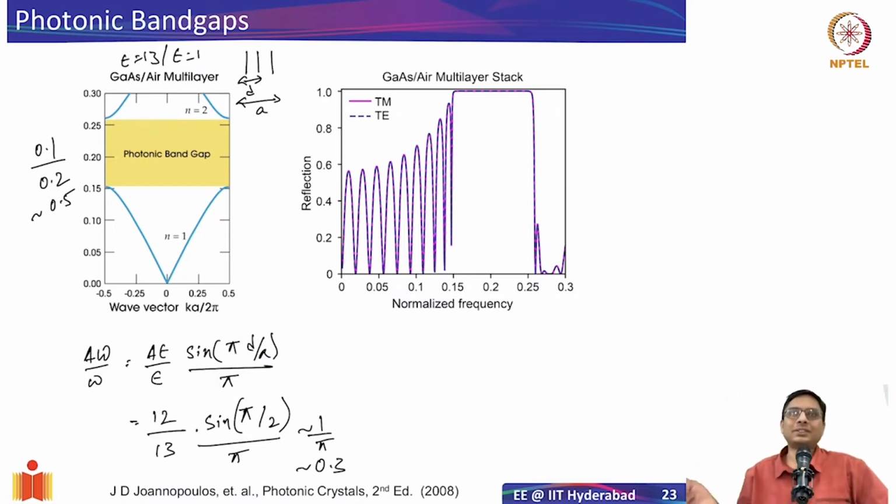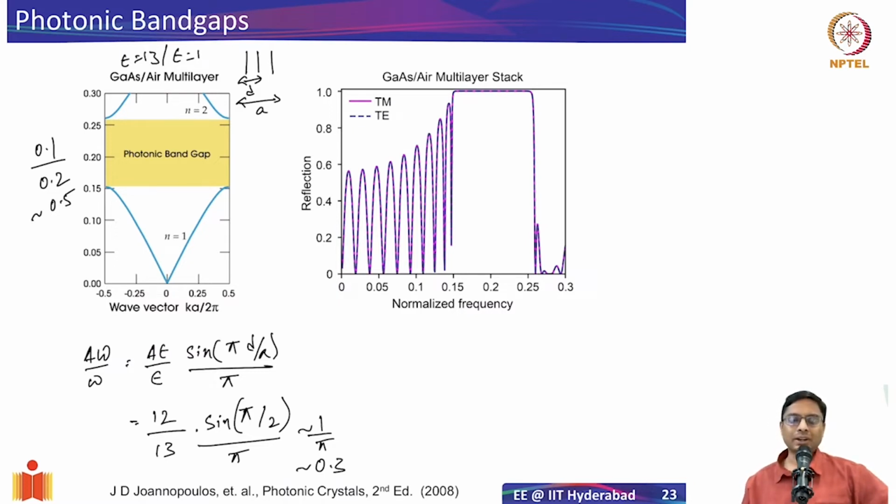Similarly here, photonic waves, that is electromagnetic waves of a particular energy and k, cannot exist. If you look at this, there is no k for which there is an allowed state. The allowed states are denoted by the blue lines, and the lines are not present in this region, so we call it a band gap. Whenever the band gap exists, we get a large reflection. So this is how you can analyze the band gap. If you don't know how to calculate the band structure using eigenmode analysis, it's all right. We can use the simple T matrix theory that we have learned so far and look at how the band gaps occur.